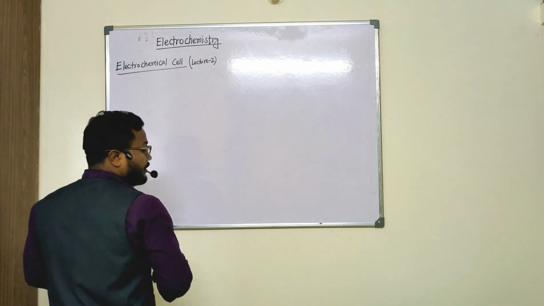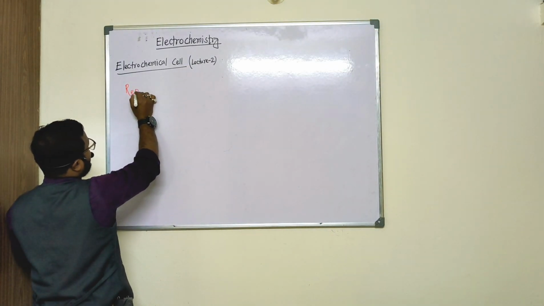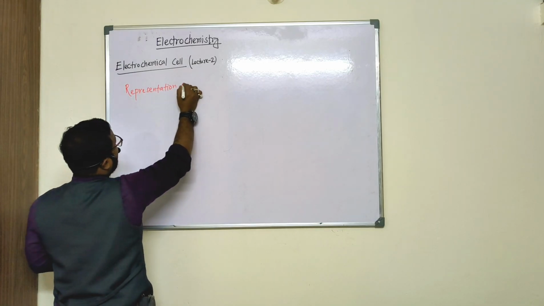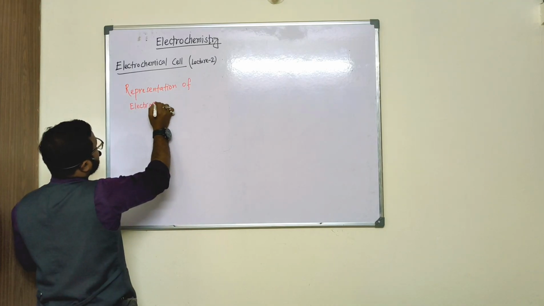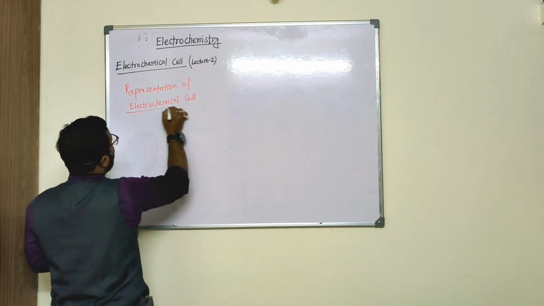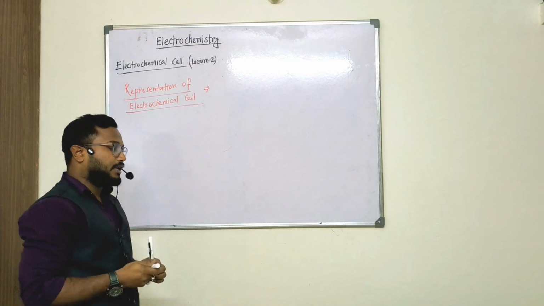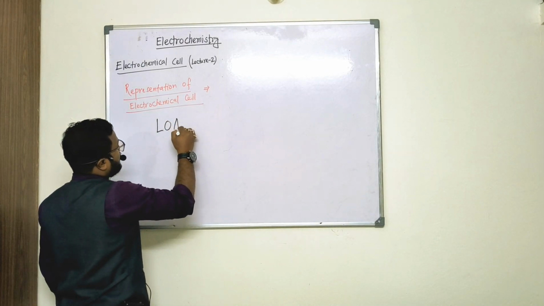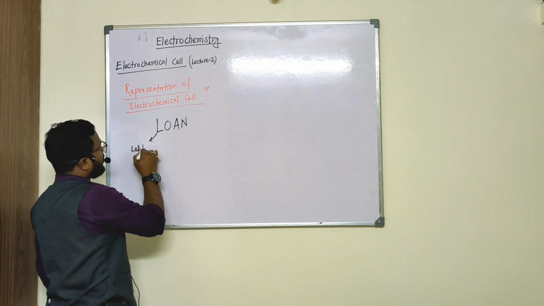That is representation of electrochemical cell. So, how can we represent an electrochemical cell? One basic method we use is known as LONA. What do you mean by LONA? L means left,